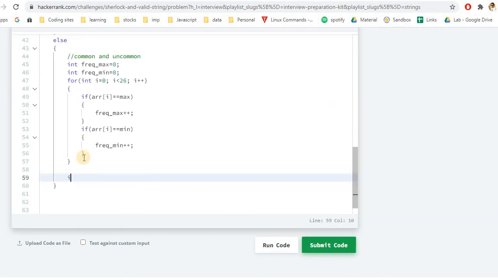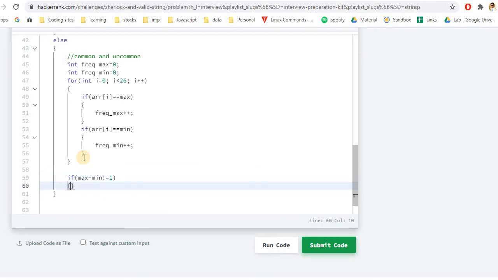So now we'll take an if, and there are two conditions. The difference between maximum and minimum could be 1 or it could be greater than 1, and when the difference is 0, we already checked that condition above. So let's start with max minus min not equal to 1, and the else condition will be followed with equal to 1.